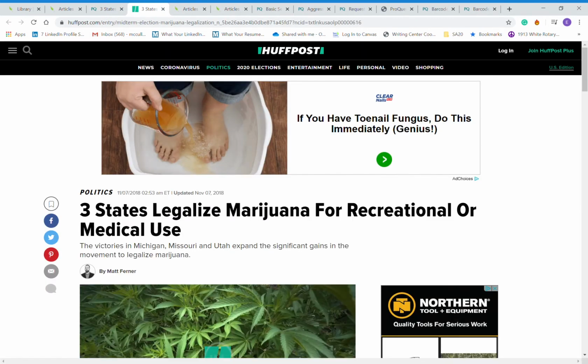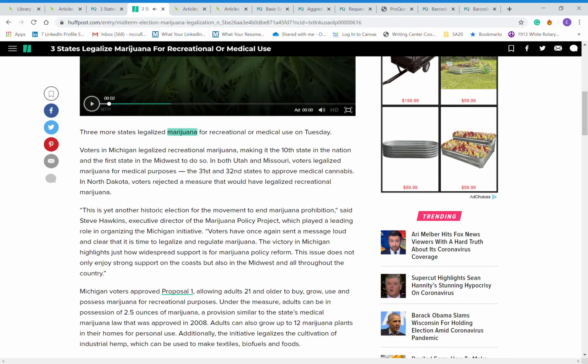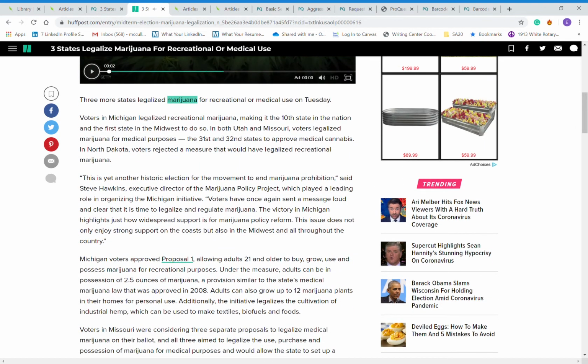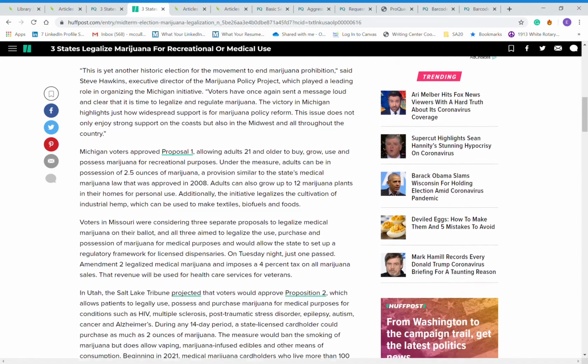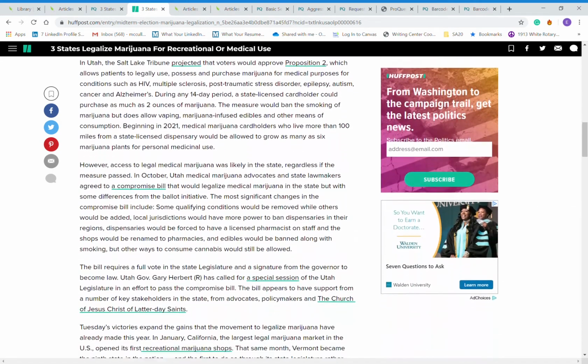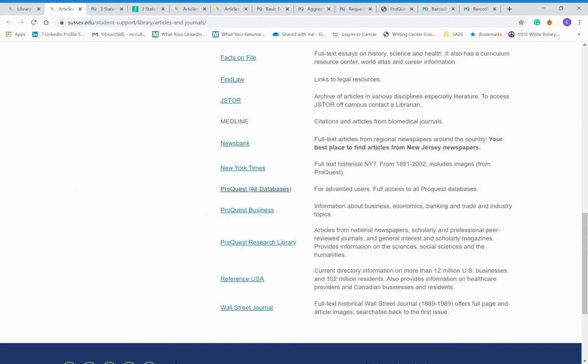Click the tab up here. Again, I'm using the touch screen, so you won't always see my arrow or my pointer. And then you can scroll down and get the data that you need. So this is just one example of legalizing marijuana. Now, again, in